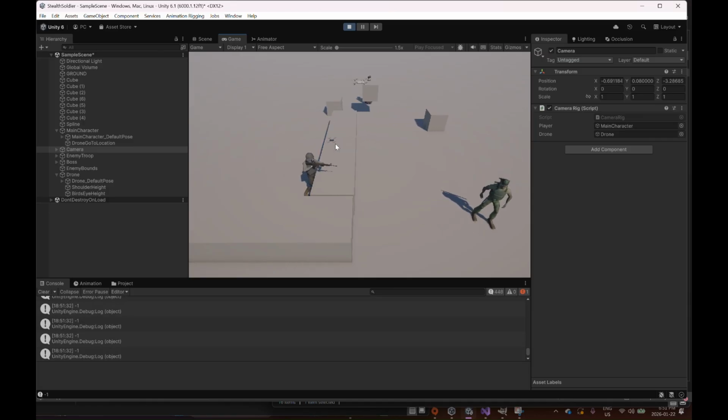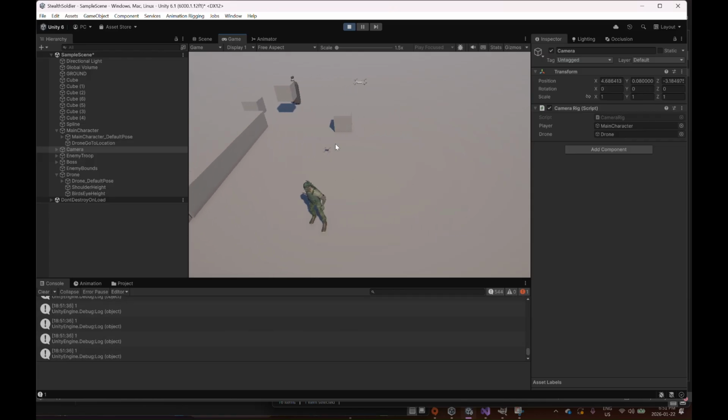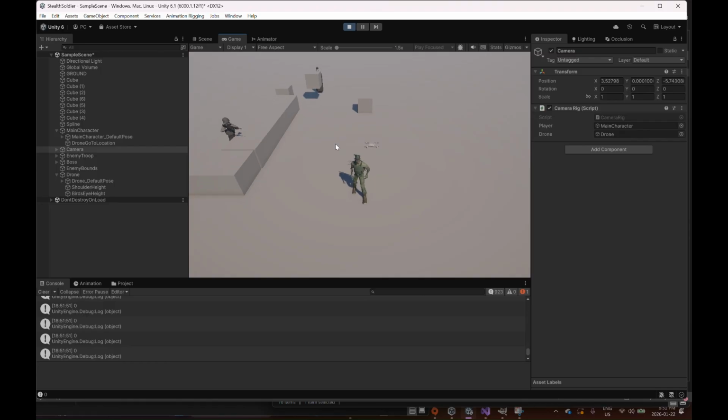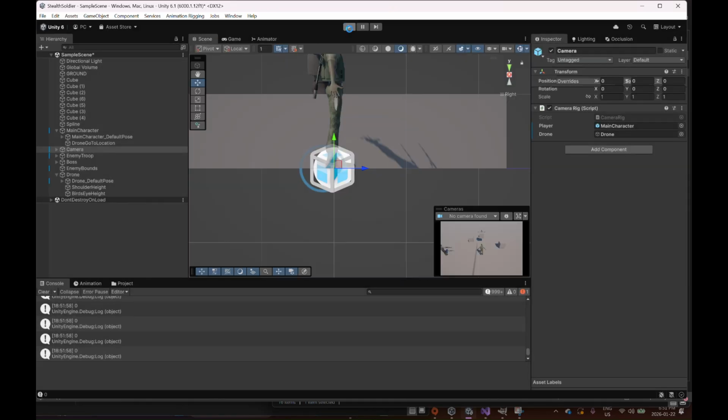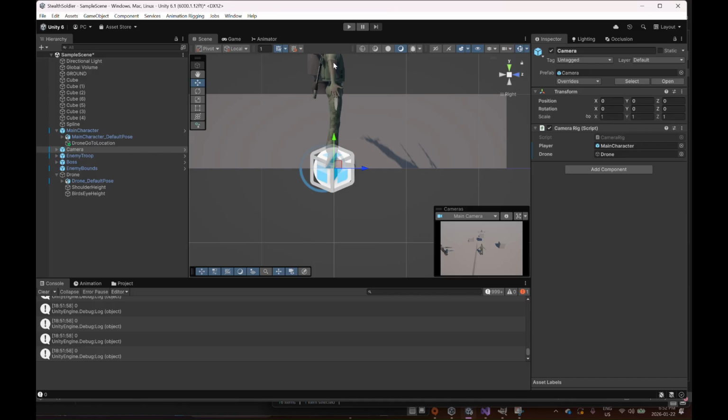Oh, it's colliding with that thing there. I've got to figure out a solution for that. But if I press the space bar again,